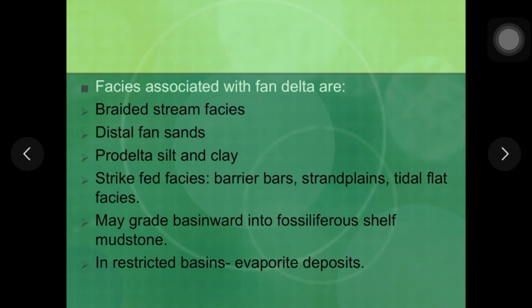So these fan deltas show various facies in their vicinity, including the braided facies, distal fan sands, pro-delta silt and clay, barrier bars, strand plains, tidal flats, and evaporites also in a few cases, based on the environmental conditions existing at that point.